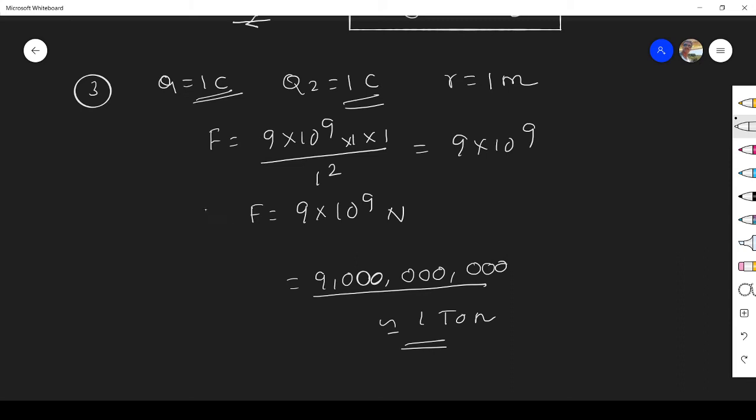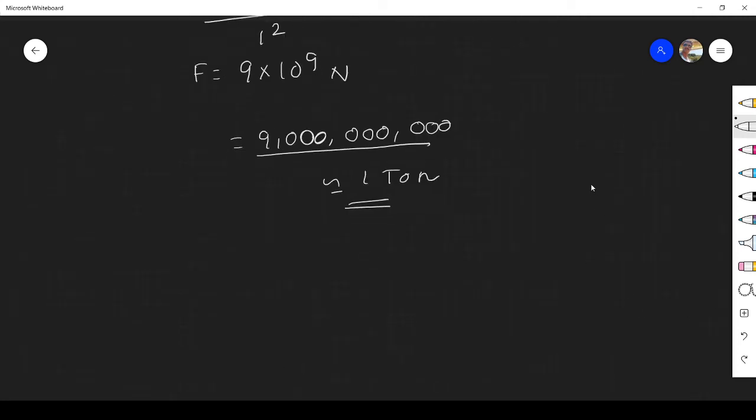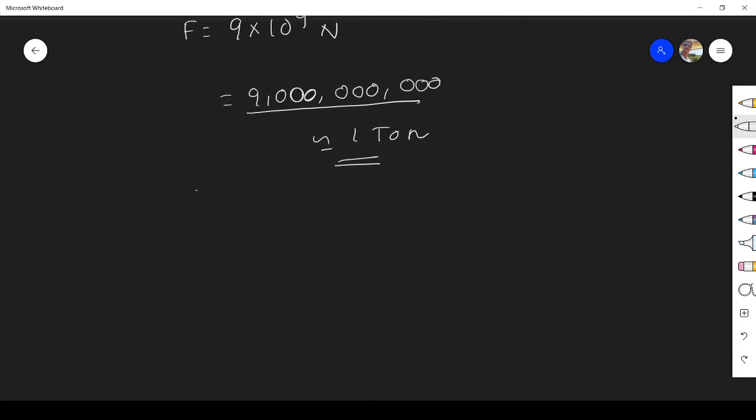So that's why we never use 1 coulomb of charge in the problems or in real time. Always in your problems you can see charge is given in the unit of microcoulomb, nanocoulomb or picocoulomb only. They never give coulomb because we never feel 1 coulomb of charge in real time. Micro is 10 power minus 6, nano 10 power minus 9, pico 10 power minus 12. So this is a very important aspect of Coulomb's law.